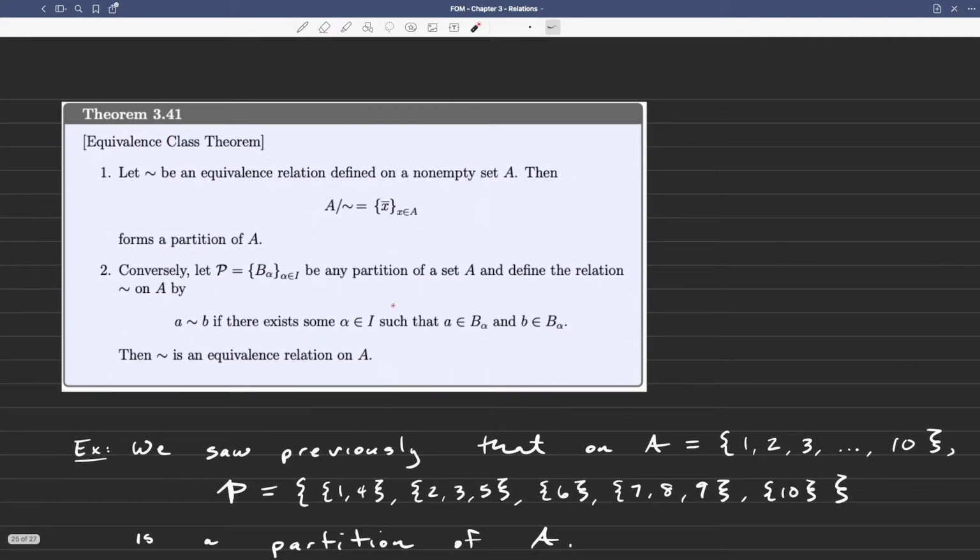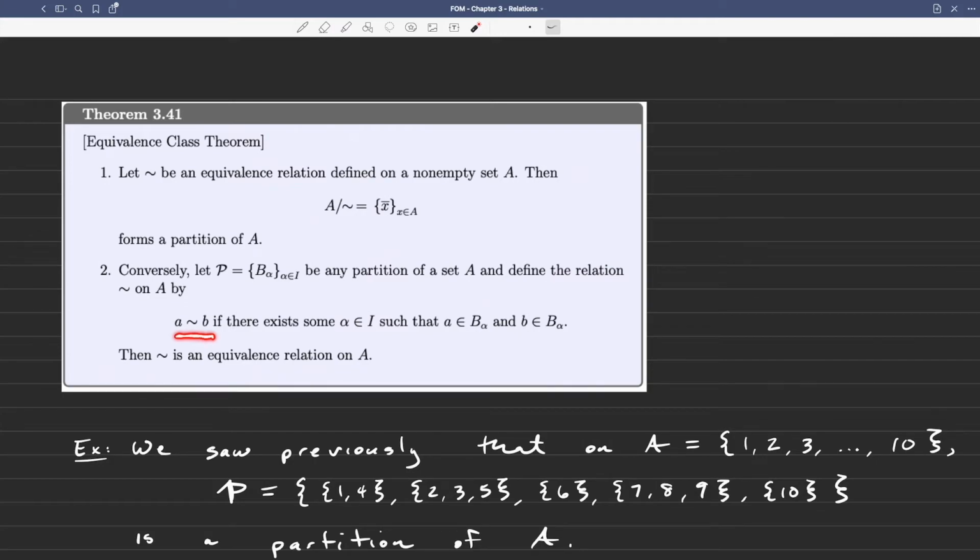And then the second part says, okay, suppose someone gives you a partition of your set A. So I don't have an equivalence relation at this point. I just have a partition. Someone's taken the set and chopped it up into some pieces. Now what we can do is define an equivalence relation. So we define tilde on A, so that A is equivalent to B